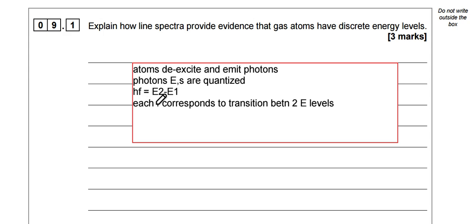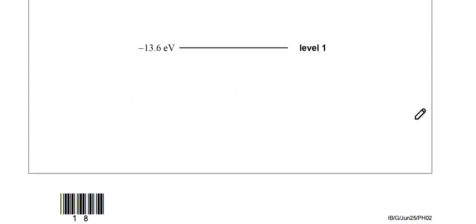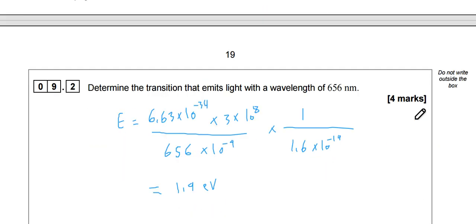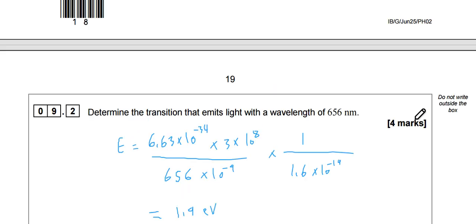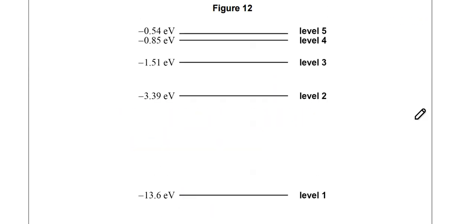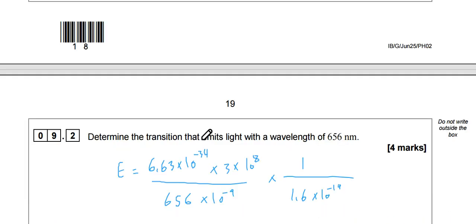Each frequency corresponds to a transition. Each frequency in the spectrum corresponds to a transition between two energy levels. Determine the transition that emits 656 nanometer. Firstly, and as usual, the energy levels are given in electron volts, so we should convert this wavelength